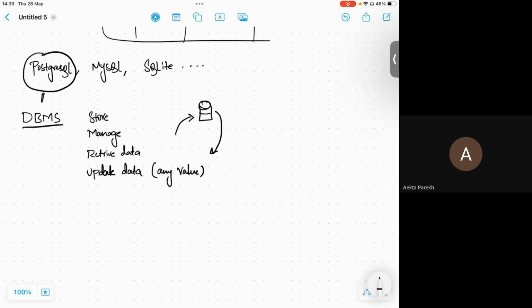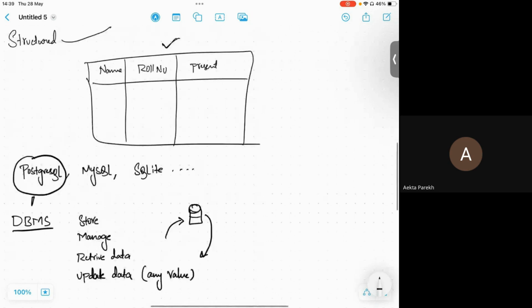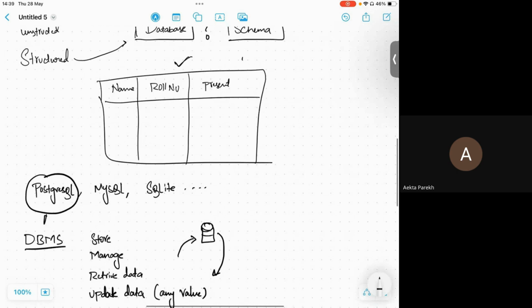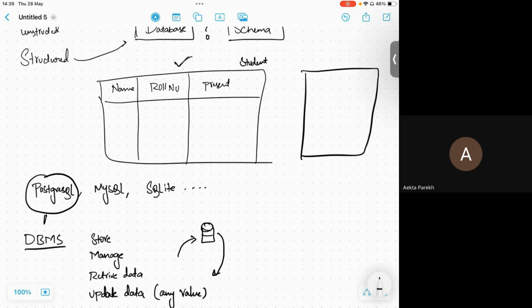Let's take the example of the student's attendance sheet. Say we have another sheet where the teacher is maintaining the marks, with only two columns, name and marks. For student one and student two, the marks are 35 and 40.